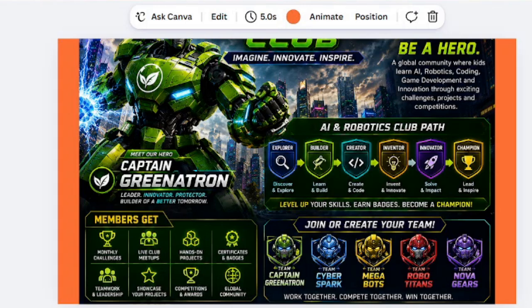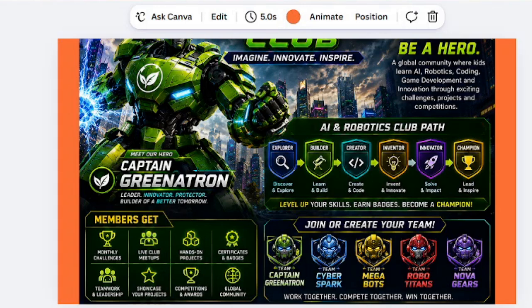These are 6 levels. In each level, we have 20 missions that you have to complete and get the badges for those levels. Level 1 is Explorer. Earn the Explorer badge after completing 20 missions. Then level 2 is Builder. Earn a Builder badge after completing 20 missions.